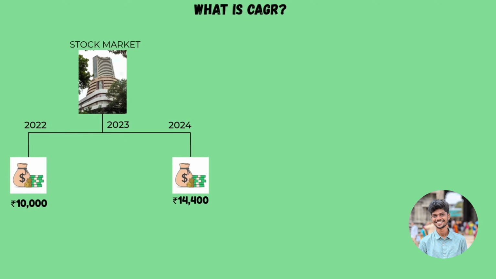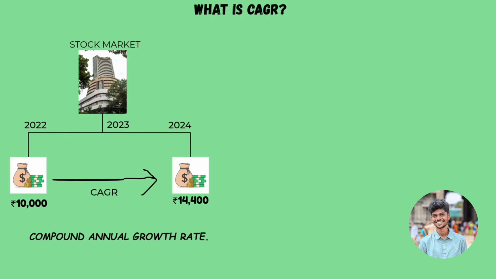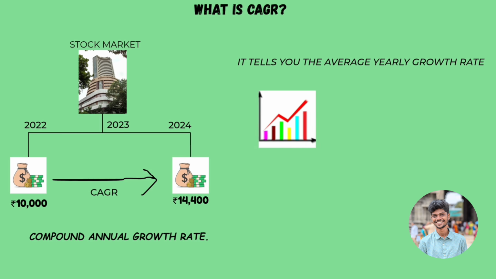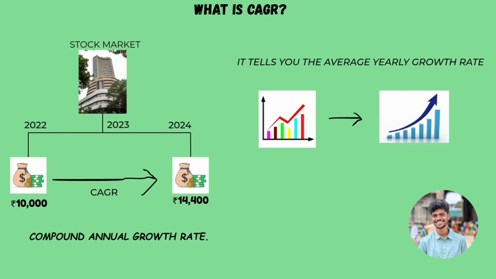What is CAGR? Let's say you invested 10,000 in the stock market in 2022. In 2024, that investment became 14,400 rupees. Now you want to know how much did my investment grow every year. That's where CAGR comes in. CAGR stands for Compound Annual Growth Rate. It tells you the average yearly growth rate assuming your money grew steadily every year. Even if the real growth was up and down, CAGR shows a smooth average rate, like a straight line from